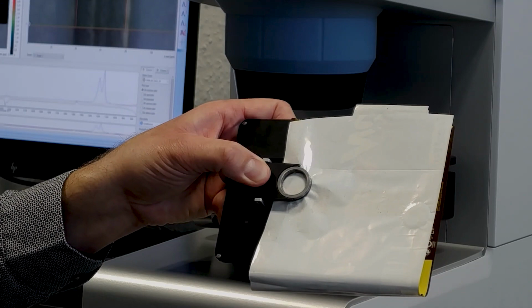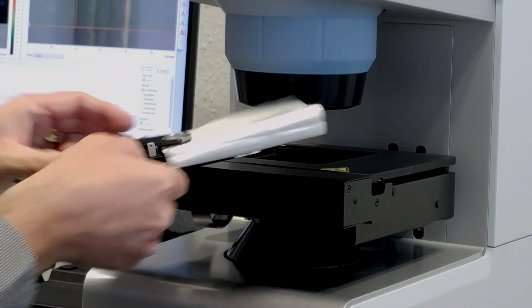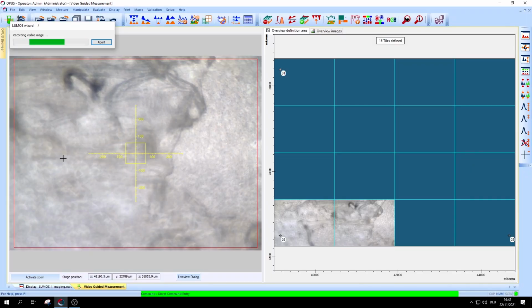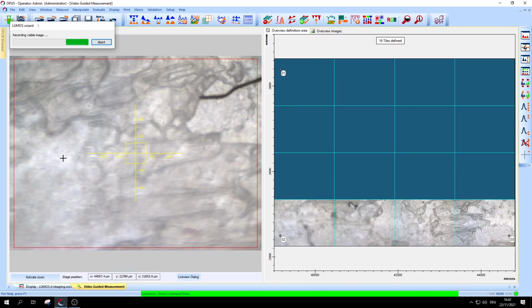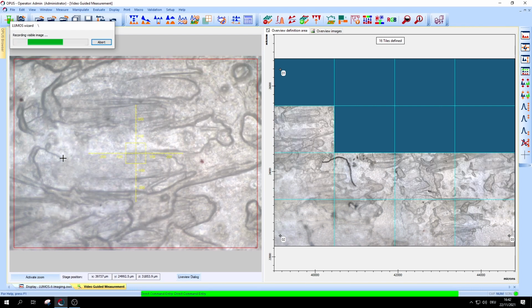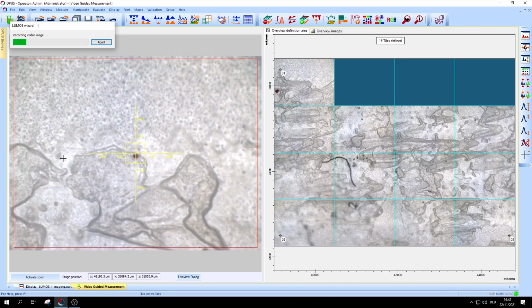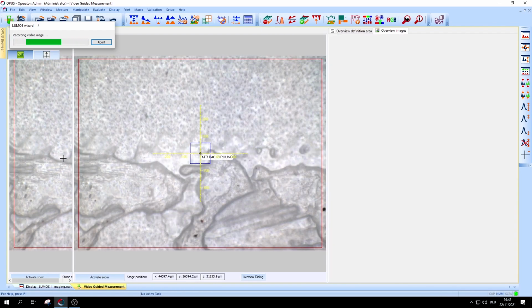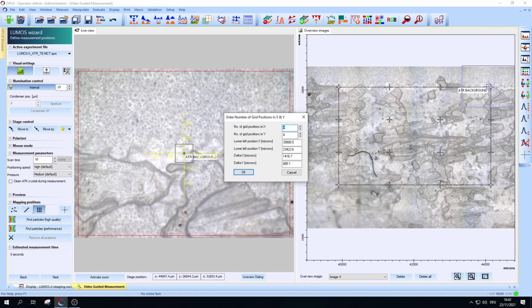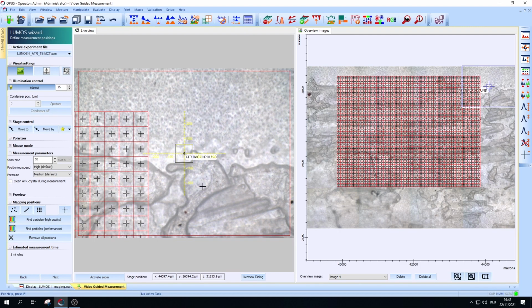To start investigating the wrapper, it's placed on the sample stage of the Lumos 2. Right away, we can visually see some rips and tears in the adhesive layer. But to get a deeper understanding of why this batch of wrappers is failing, we can use microchemical FTIR analysis. All we need to do is select a region of interest to be analyzed. We can adjust the spatial resolution and number of points in that region of interest, and then click to start the analysis. And that's it.